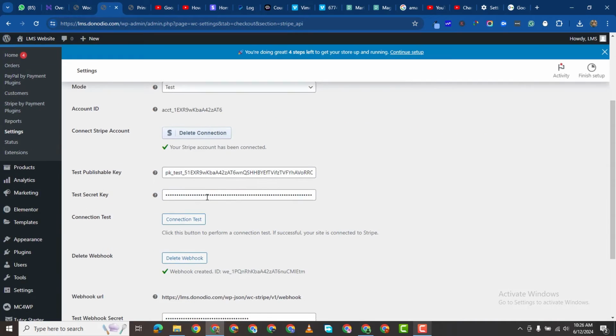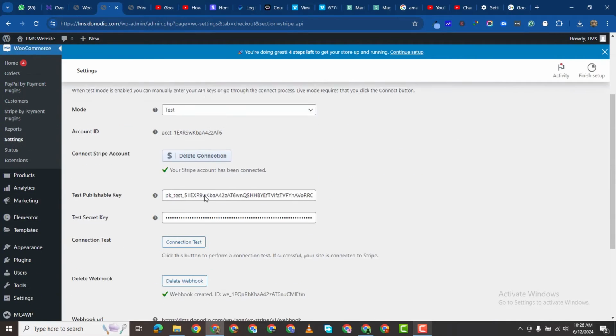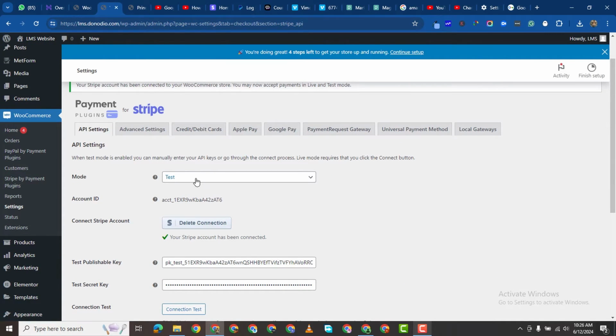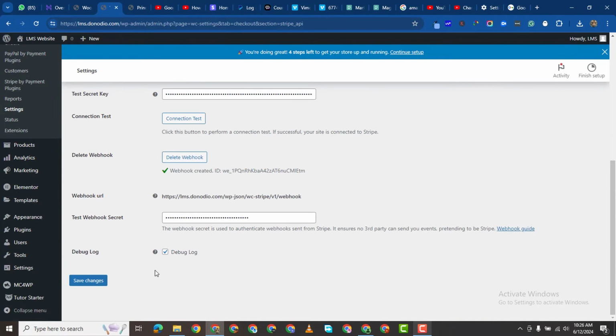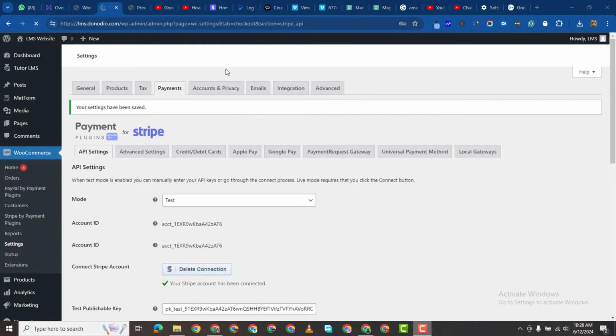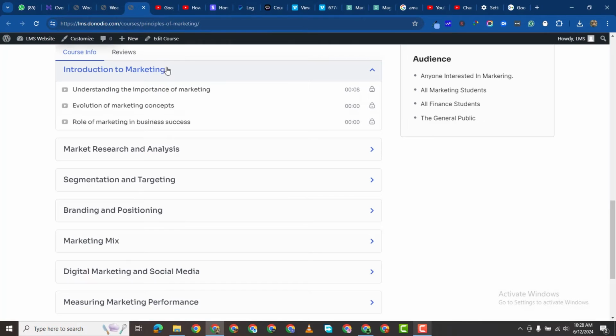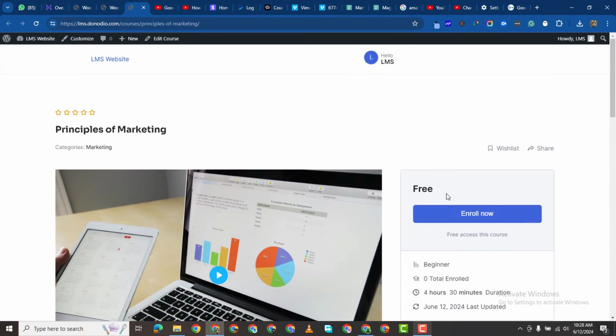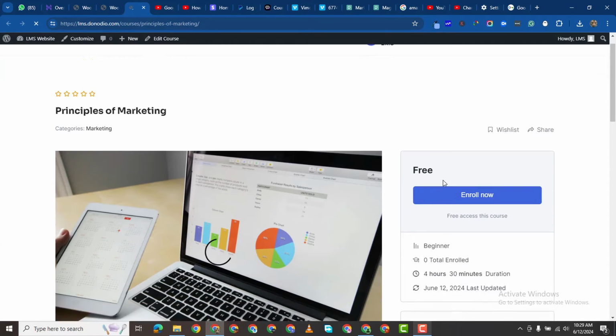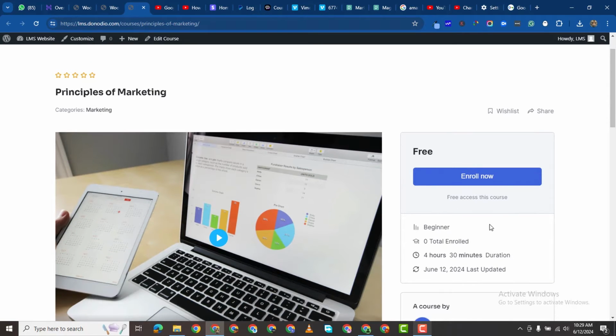Now you can see it has automatically added my details to Stripe. Mind you, this was test mode. I could do this in live mode, but I did it in test mode. So I'm going to go ahead and save my changes. Now we see that this course we did is free, so anybody can enroll for free without adding a credit